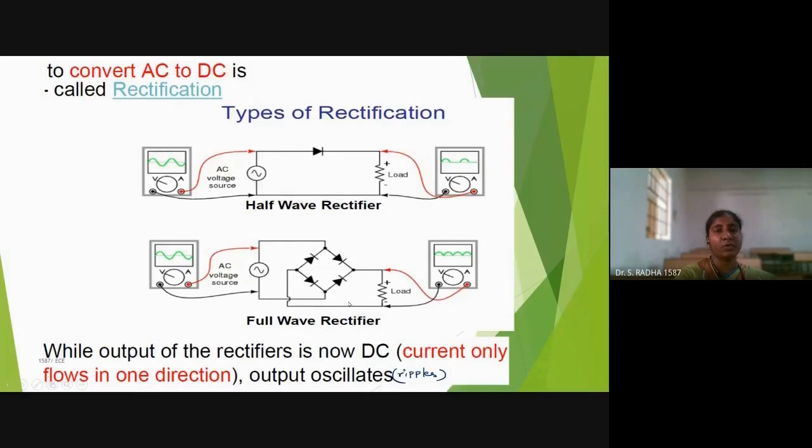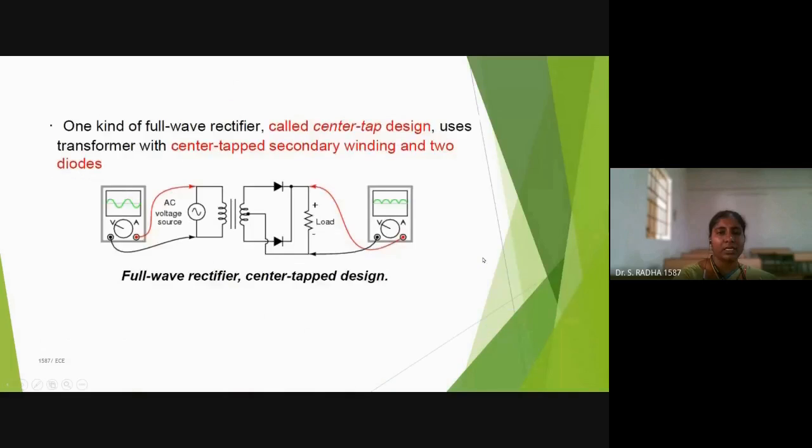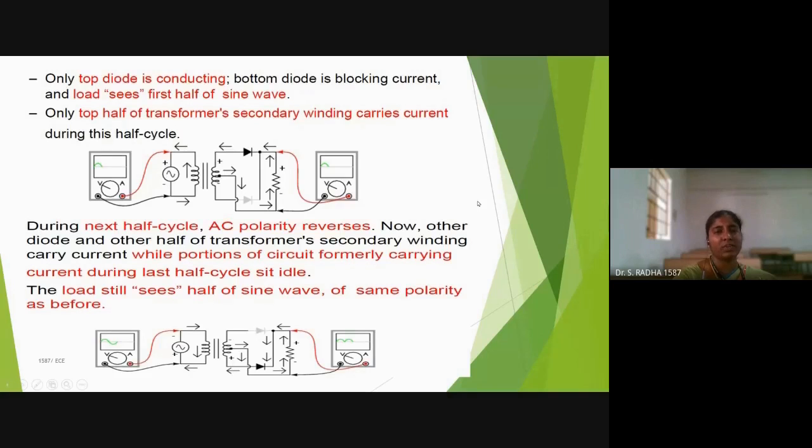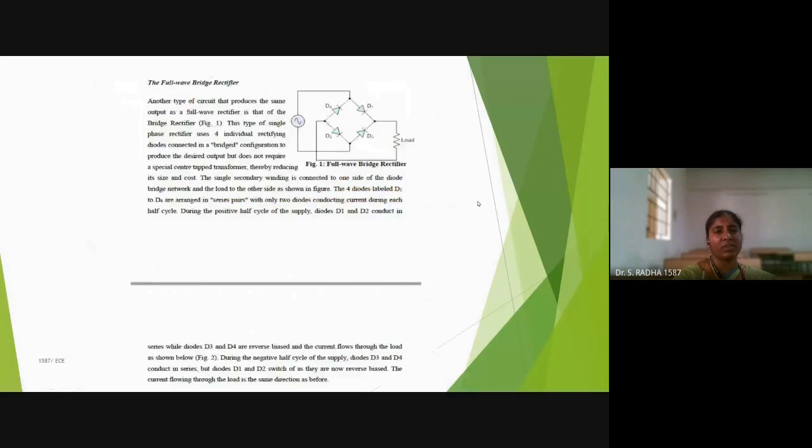We will directly go to full wave rectifier. This is the bridge type. Output waveform we should get like this. And coming to the center tap, this is the center tap circuit. Output waveform, because both are full wave, is similar. And this is when the diodes will be on, off, all these things, theory.